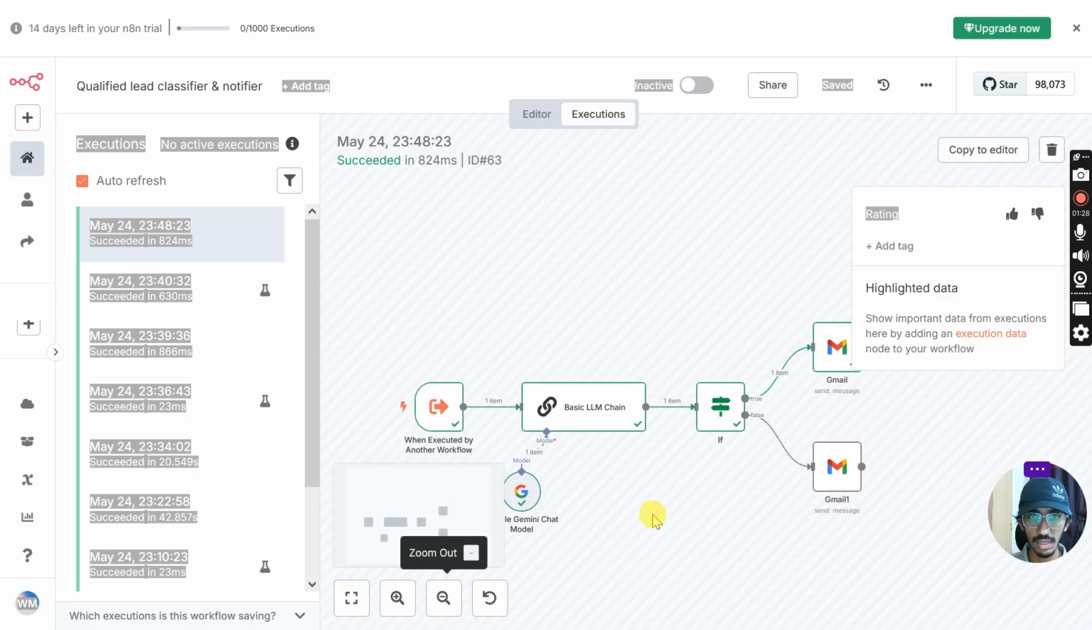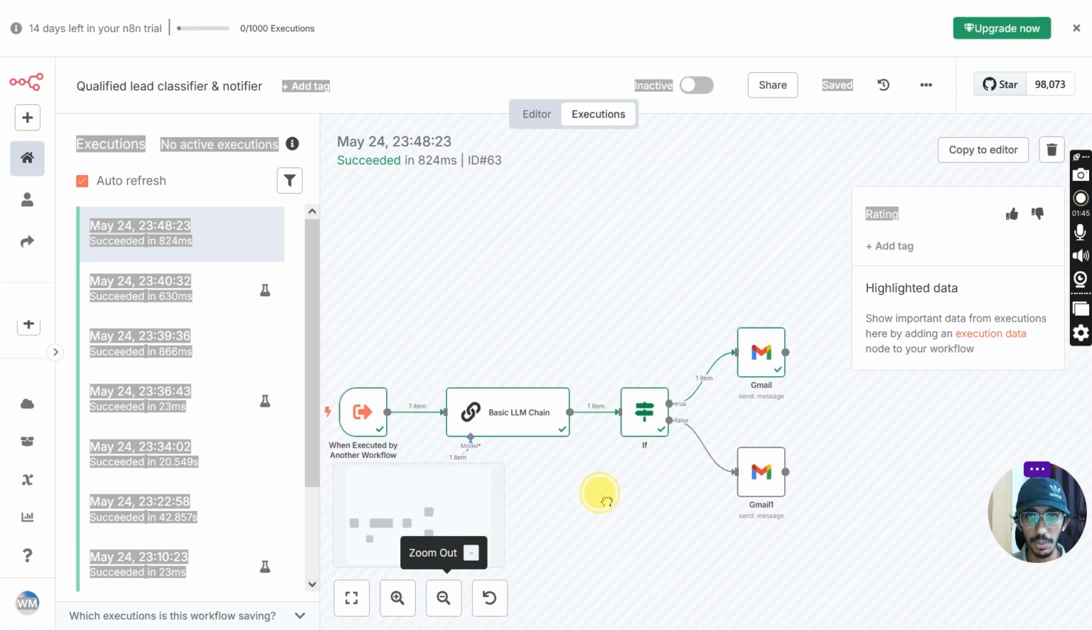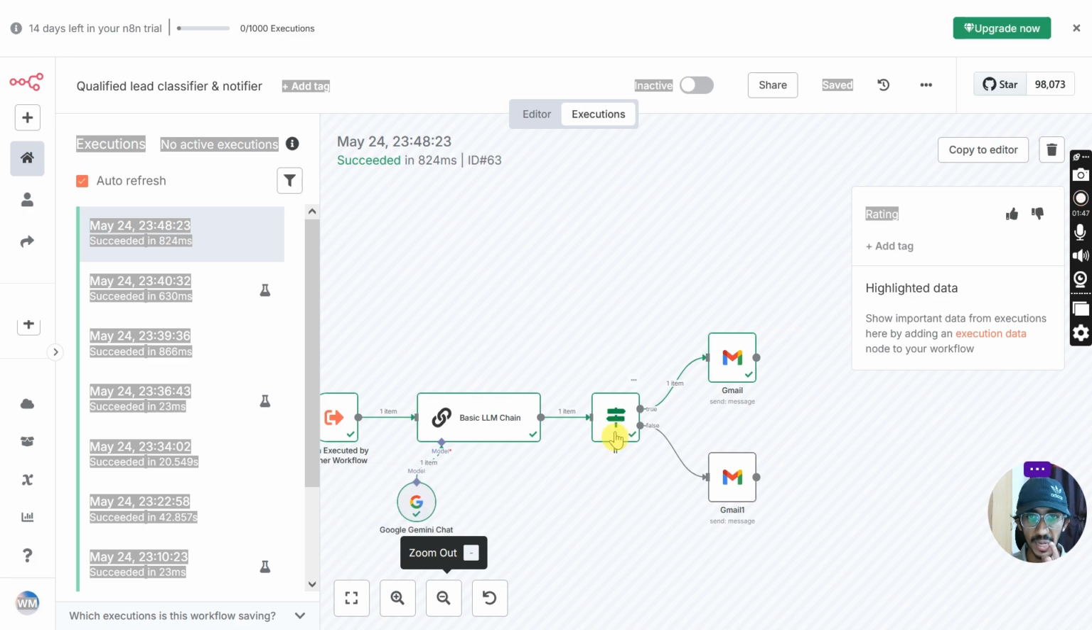Okay, so as you can see, the process followed this path. The tool was triggered by another workflow. The input was passed into the basic LLM chain, which used the Gemini chat model to determine the classification of the lead. Then it passed into the if route, and we can actually see the output here. If we click on the if route,